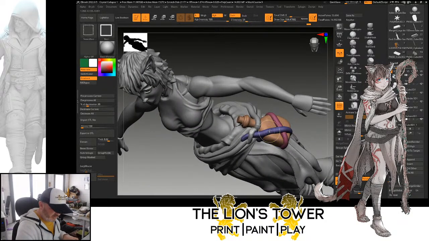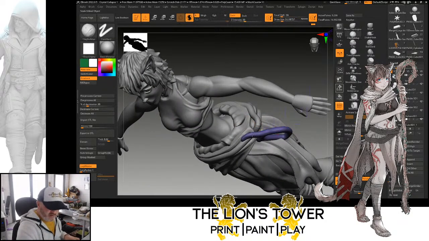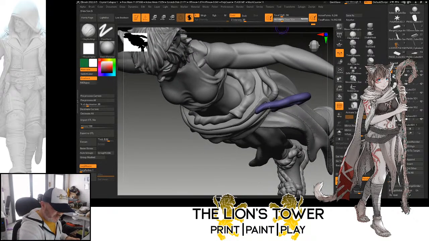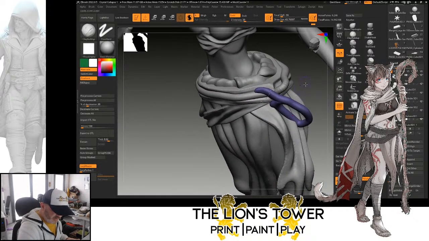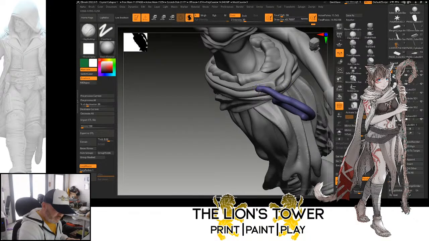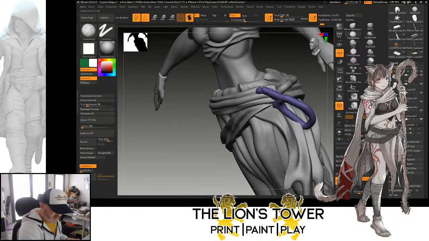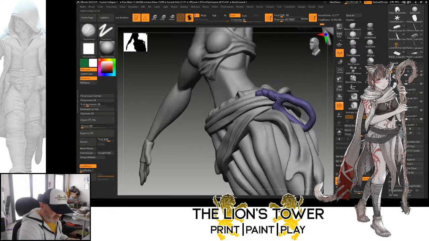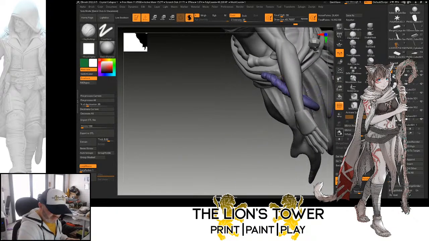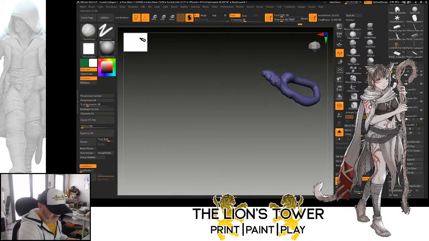Okay, so first things first. Let's do, is this blue or purple? Can't tell. Let's say purple. I'm just going to take the purple rope. I'm just going to go and add the rope texture all the way around. With this, what I can do is I can just do it from one side, and I'll have to roll it round and follow it around. If you're doing a rope in 360, you need to kind of spiral it around,